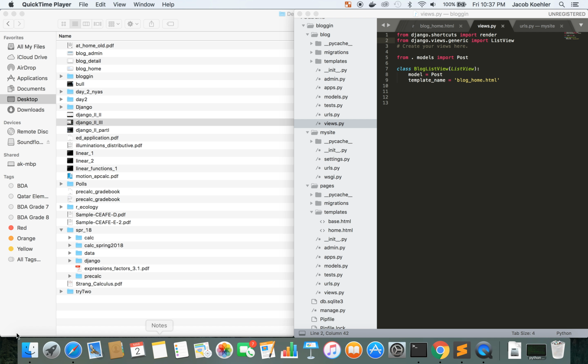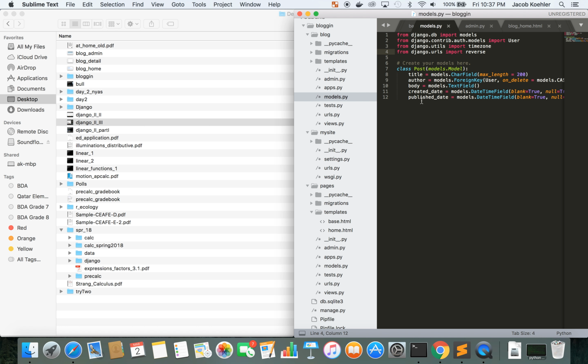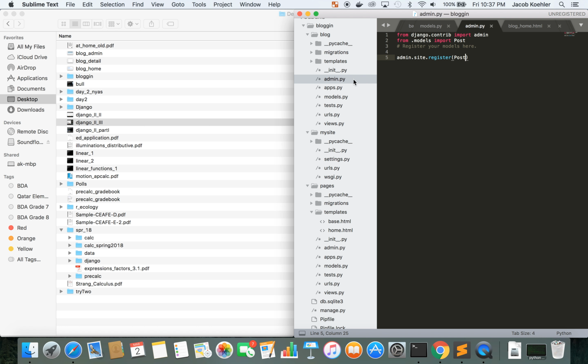Alright, the next thing that we want to do is create views, because all we've done to this point with our blog is add some pieces to the database, activate it in the administration, and go into the administration piece and add a few arbitrary blog posts. But when we serve our site, there's nothing to be seen for the blogs yet, so we have to create that. The other thing that we want to do is, as we recognized when we were looking at the admin panel for the blog list view, there was nothing being returned